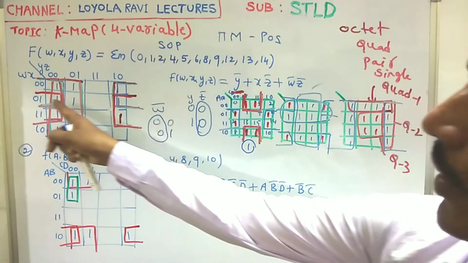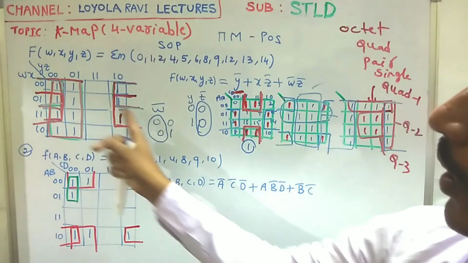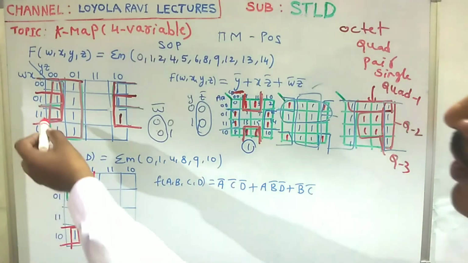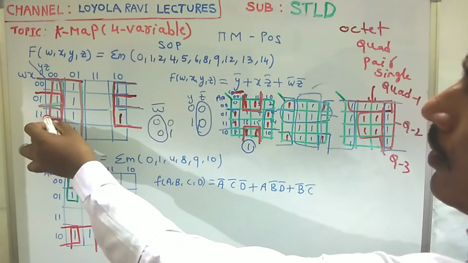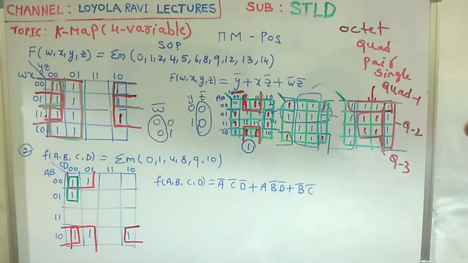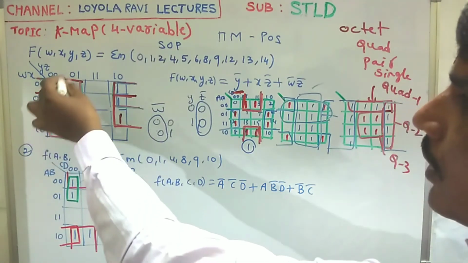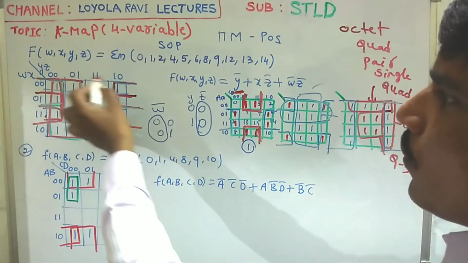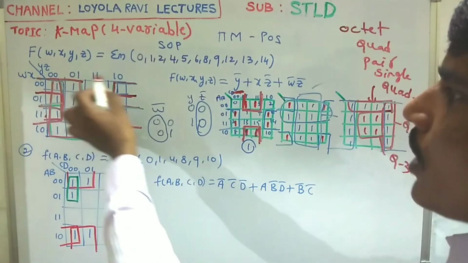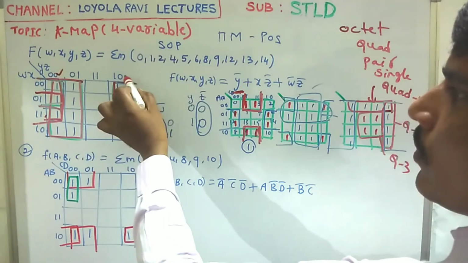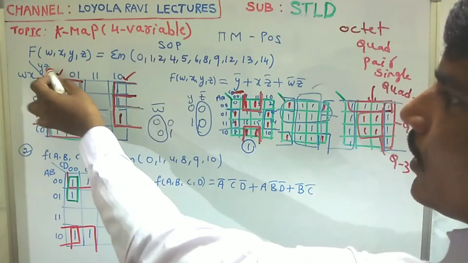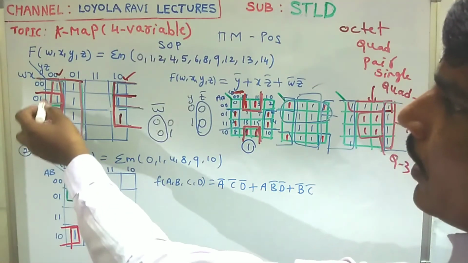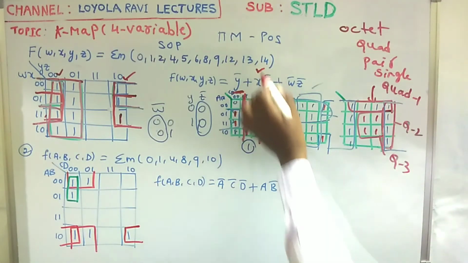That's why I am taking horizontally these 2 lines, 0 1 1 1. In those 2, which one is common? Second variable is common, 1 1. That belongs to x. X into vertical. Again vertically these 2 are coming, 0 0 1 0. 0 0 1 0. Which one is common? Second variable 0 is common. 0 belongs to z, nothing but z bar. Z bar into x, xz bar.